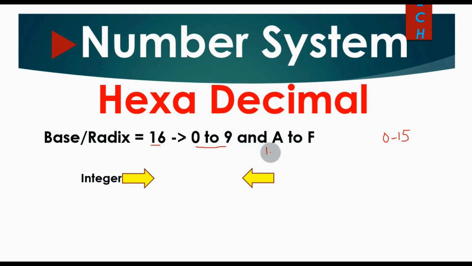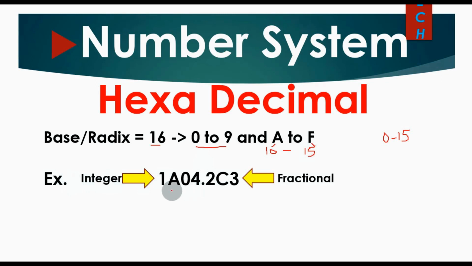And for 10 to 15, it can be represented by 10 for A and 15 for F. That means 10 for A, 11 for B, 12 for C, 13 for D, 14 for E, and 15 for F. So if you see the representation of the hexadecimal number system, here is a hexadecimal number system